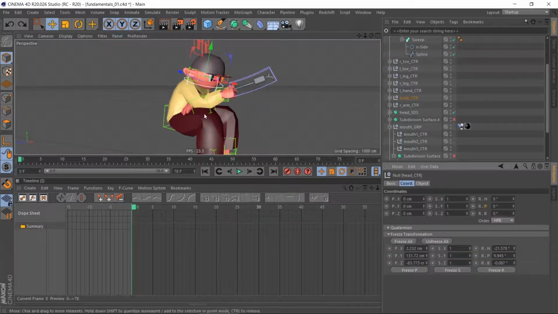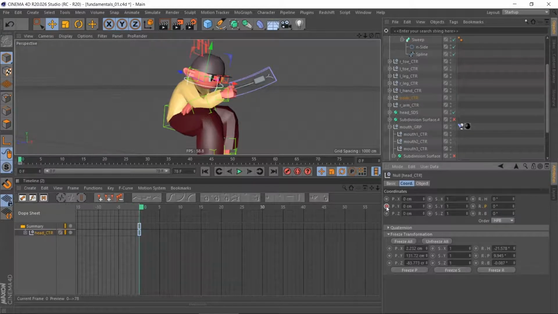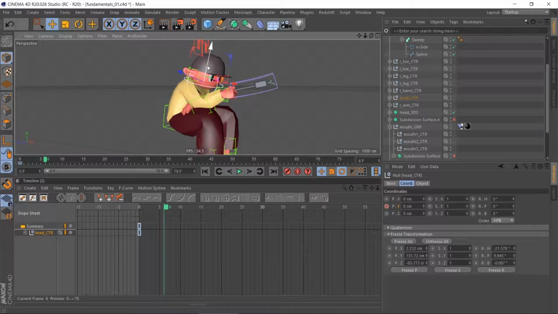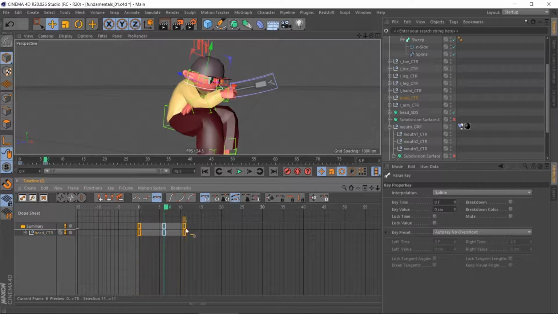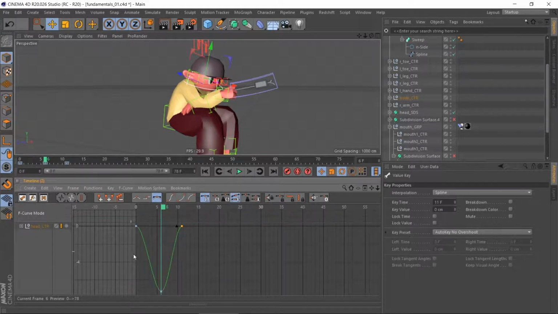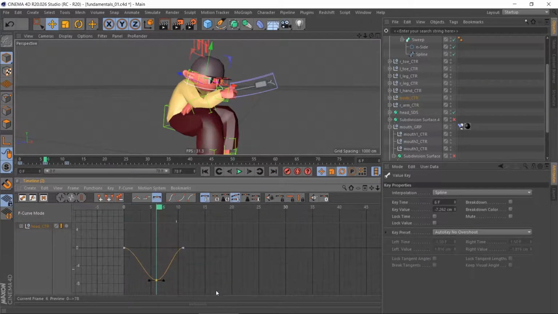I'll create a keyframe for PY on frame 0. I'll move the head a bit down and create a keyframe in frame 6. And then I'll copy the first keyframe to, say, frame 11. I'll switch to the F-curve mode and adjust the tangents like this to make the movement sharp in the bottom